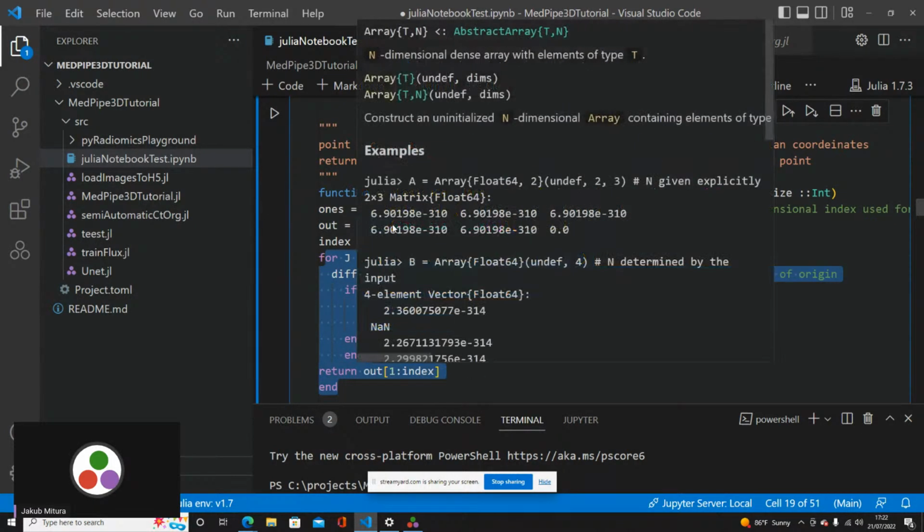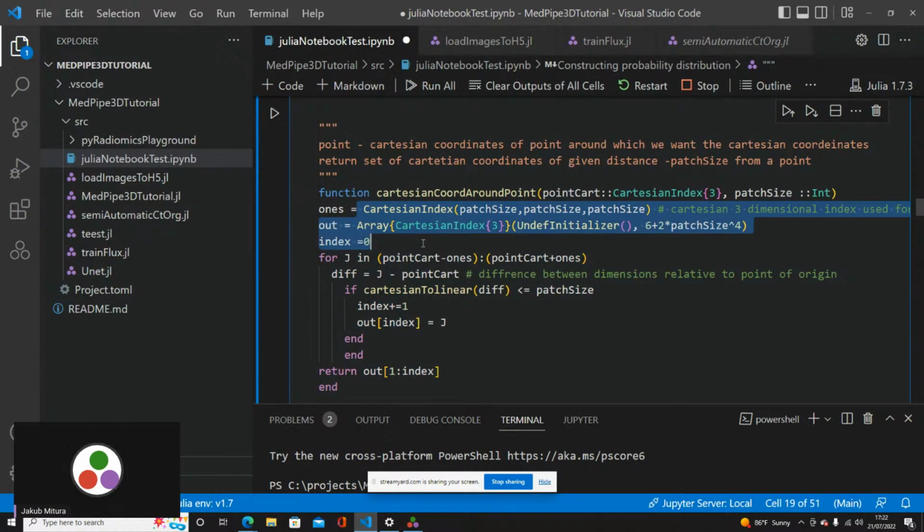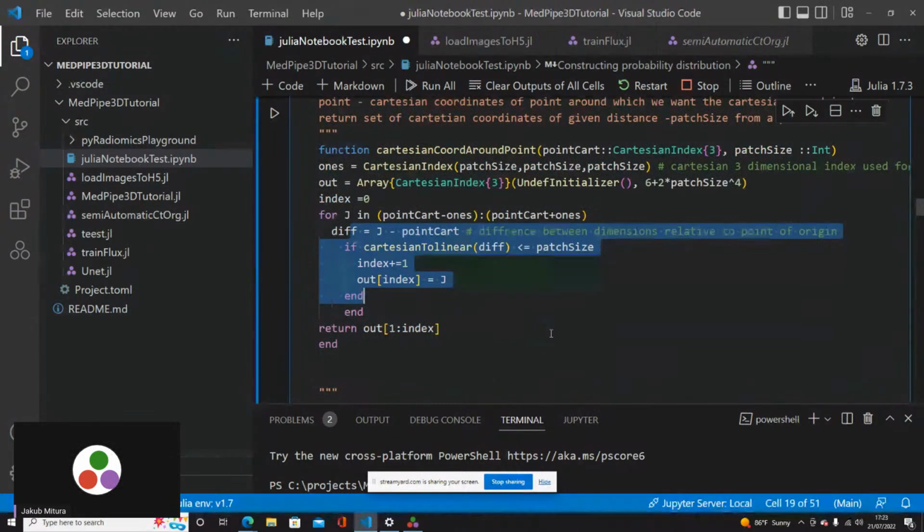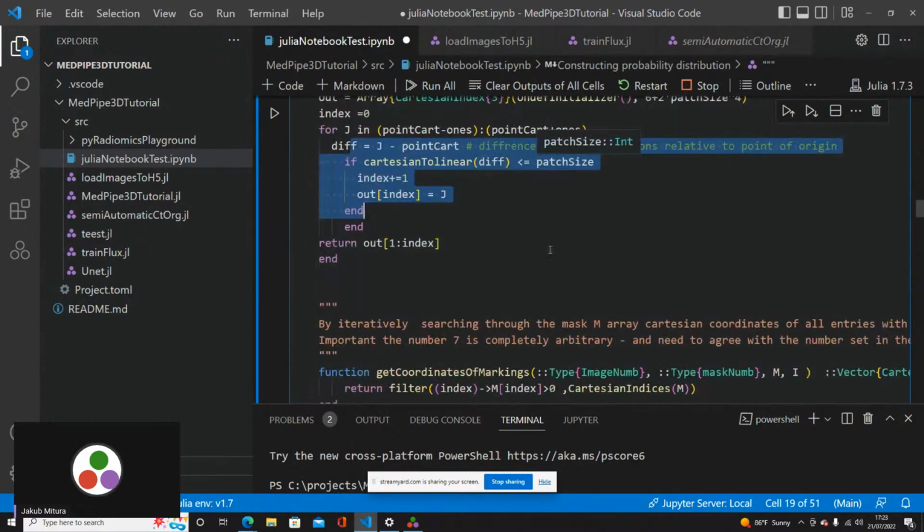So we get the Cartesian indexes of the area around the point, and we filter only those that are within the distance that we specified. This distance is a hyperparameter, which we defined at the very beginning, but it can be different. You can look farther away or closer. It depends on you; you can play with it if you prefer.